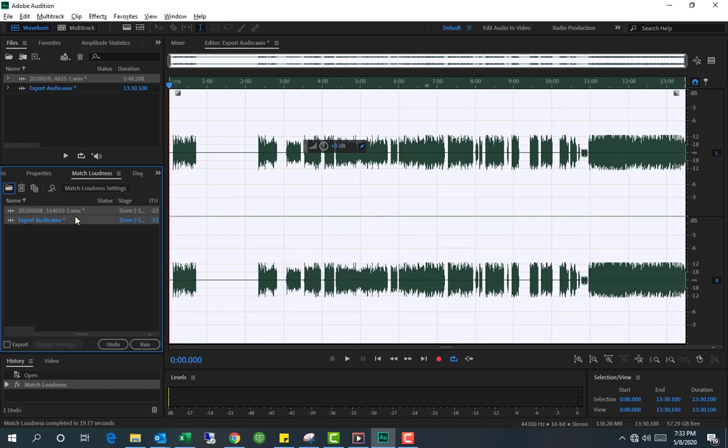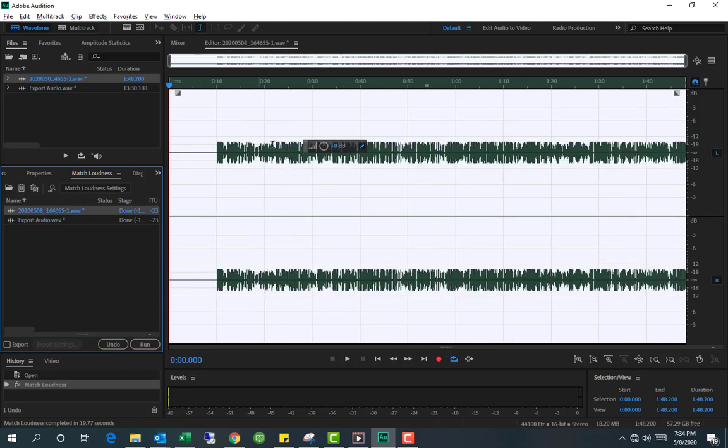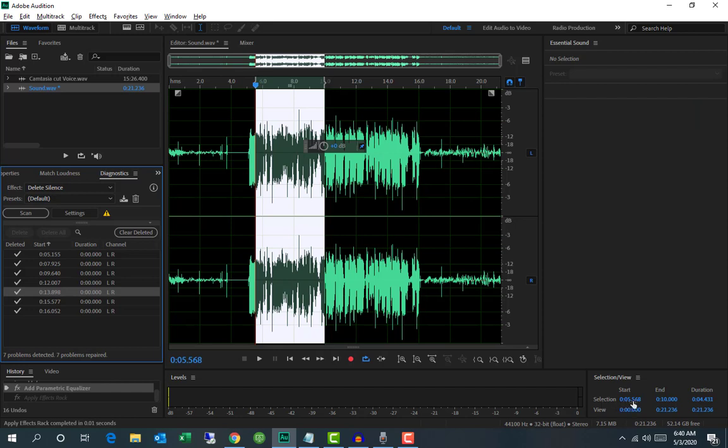Now let me select this one and you can see all of the waves are now at an equal level, and let me show you the other file as well. So this is the second file we have, and as you can see both whole waves are at the same level. You can view selection time here. The above line shows the selected area, start and end time and its duration. The bottom line shows the whole clip start time and end time and its duration.